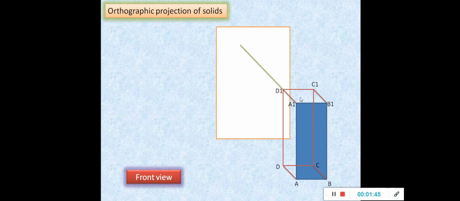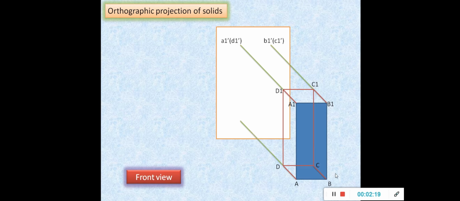Let me project the top surface, that is A1. When I project this, you have A1 and D1. A1 can be seen, D1 cannot be seen because D1 is behind A1. So A1 is visible, D1 is invisible. Since it is a front view, we'll name these A1 dash, D1 dash, with D1 dash in bracket because D1 is not visible. Similarly, if I project this, B1 is visible, C1 is invisible. So B1 dash, C1 dash, with C1 dash in bracket.